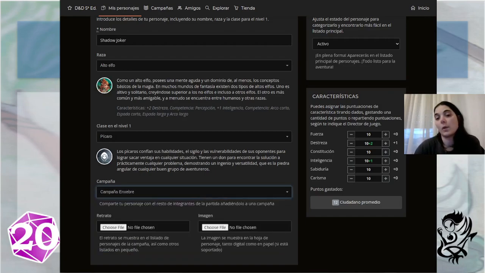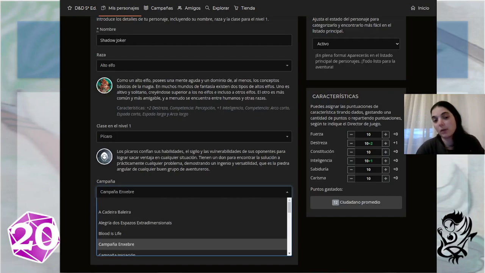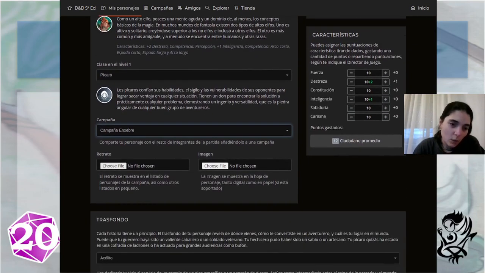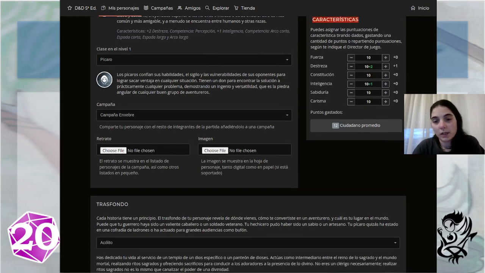and later we can add it to a campaign if we are in this campaign, or if the master of your campaign has a character in a campaign, they can come here and change the campaign of your character to another one of their own. Okay, so here we can choose a picture for the face of our character, and in the second one for the full body, if we have one. If not, well, there's some default images here. Here we have the characteristics,